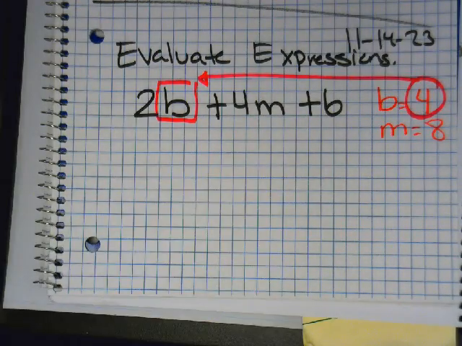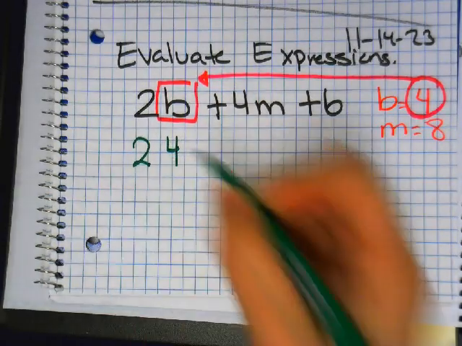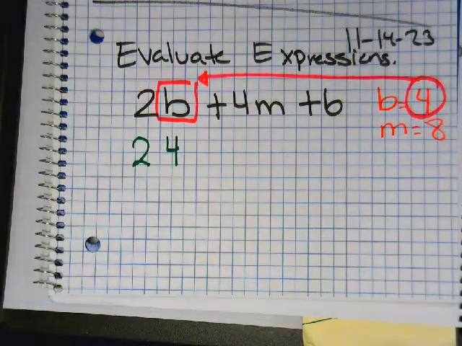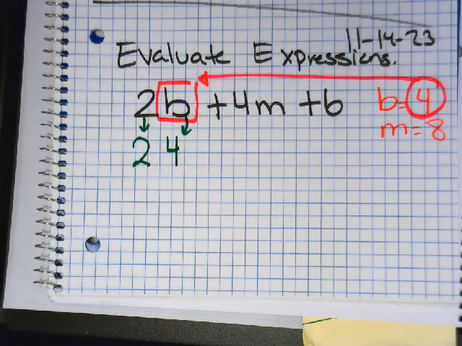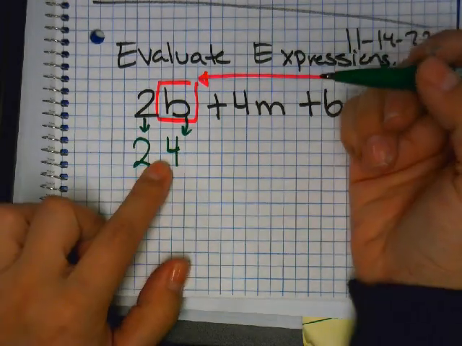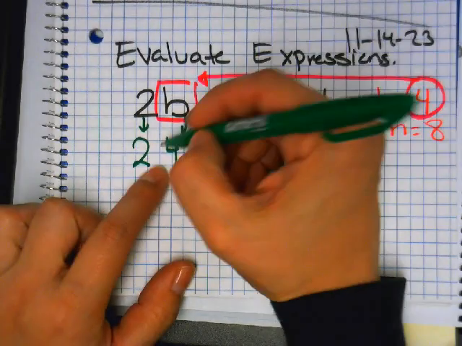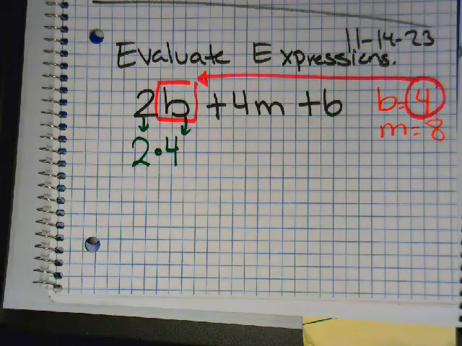But the number one mistake kids make is when they plug them in, they'll just write 24. They'll put the 2 and the 4 next to each other, right? Because this is the 2 and then this is a 4. But is it really 24? No, because it's multiplication. Very good, Ruben. It's not 24. It's actually 2 times 4. You have to multiply these two numbers. You cannot just write them as 24. It's 2 times 4. Plus